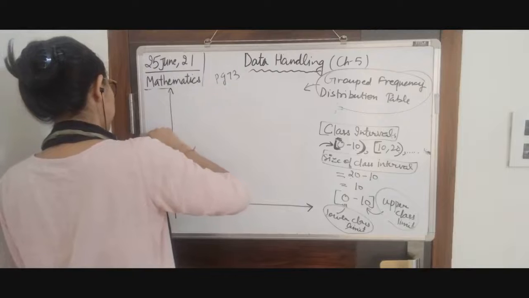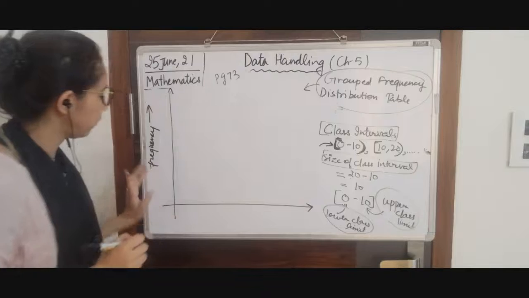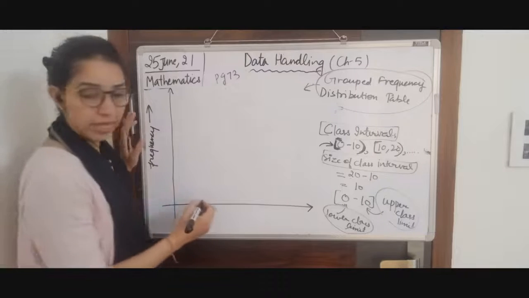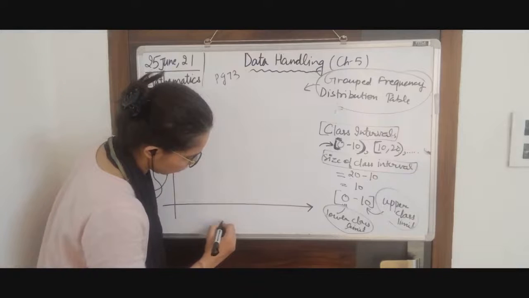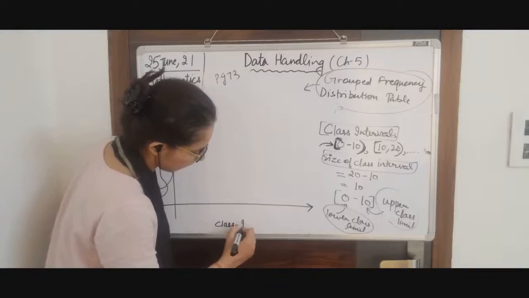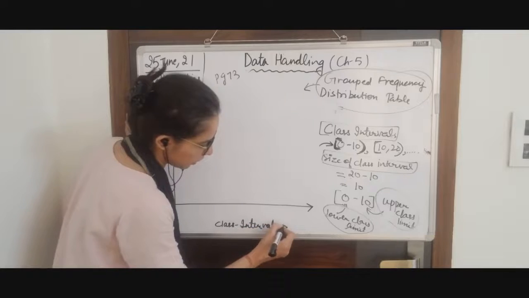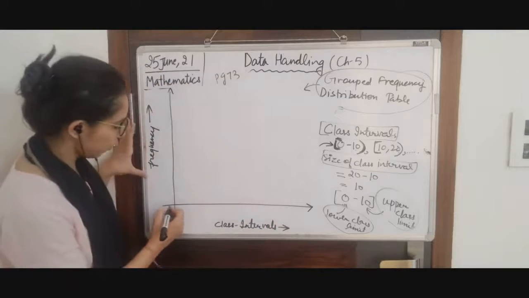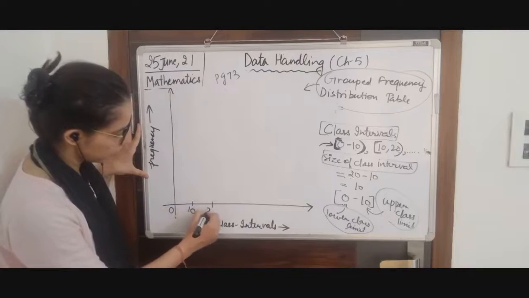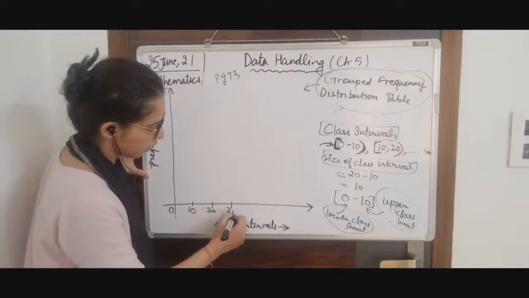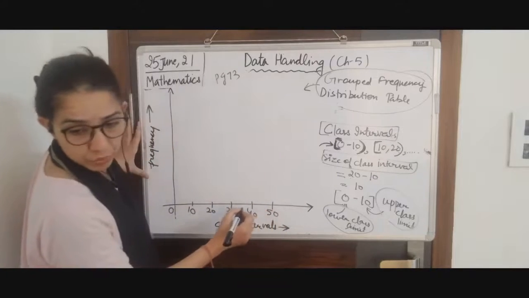we are provided with. Here we are provided with marks of students, so we will write frequency of marks here. Here we are going to write the group, or you can say class intervals. You can write class intervals or groups, whatever you are comfortable with. Now we are starting from 0, then we have 10, 20, 30, 40, 50. We have data up to 60.